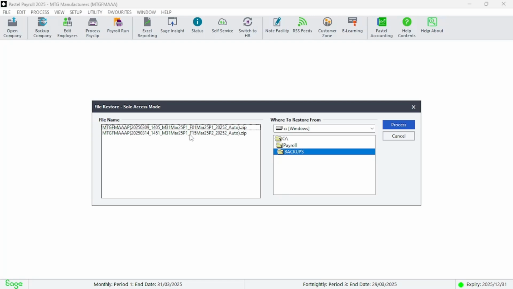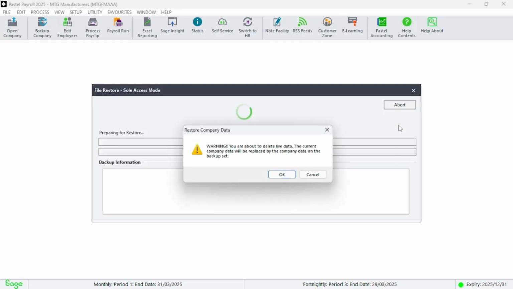In this case here, it's going to be period 1, and the second one here is period 2. Now you want to restore period 1, so you click on this period 1, click on it. You're going to restore, so you just click on it and you click process, click OK,